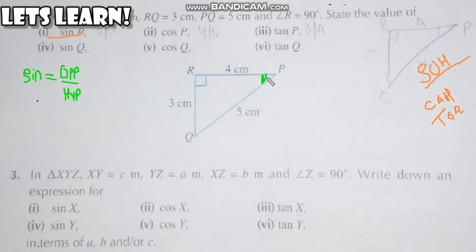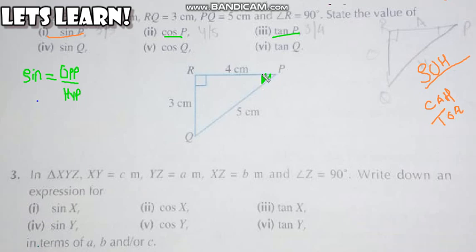तो सबसे पहले मैं अपना angle P choose कर लेती हूँ. And my advice will be that कि जितने भी questions आपके पास पहले angle P से आ रहे हैं, यहाँ पे देखो cos P है, you have tan P. So first do all of these things with angle P. फिर जब Q की बारी है तब Q से कीजिएगा. But I have to explain you guys the two questions, sin P and sin Q, so I'll be changing a bit here. So sine is equal to opposite over hypotenuse.